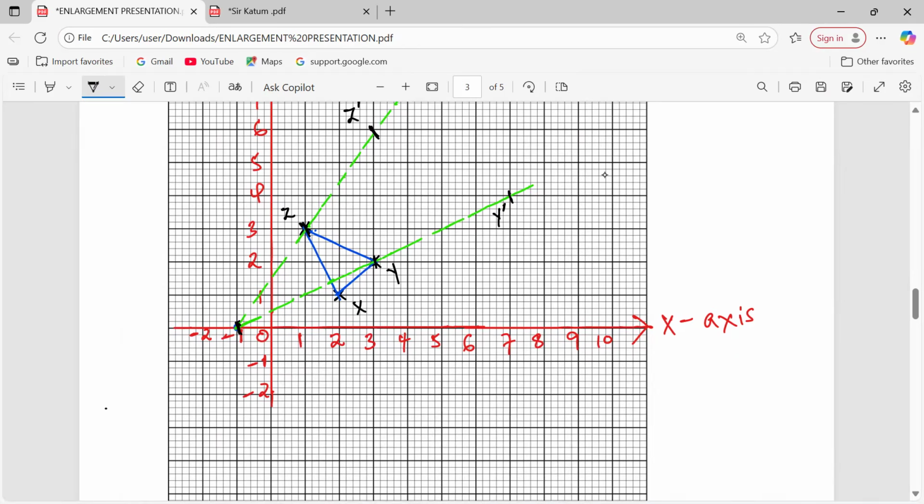Therefore, I'm joining X to the center of the enlargement. X to the center, then I move the same side. I don't know why I have forgotten to change my color, but anyway,